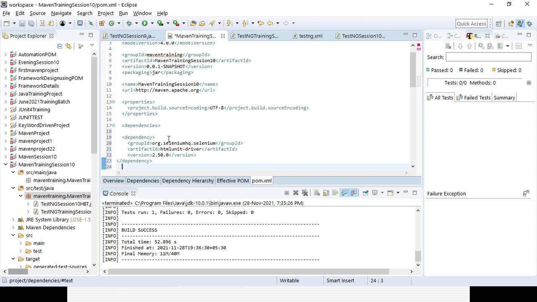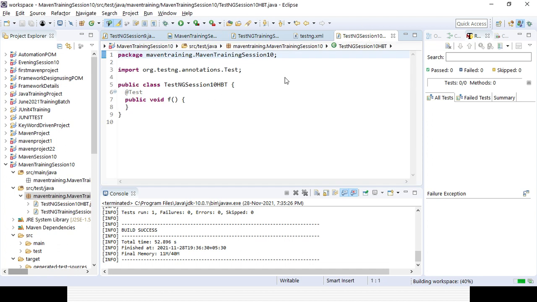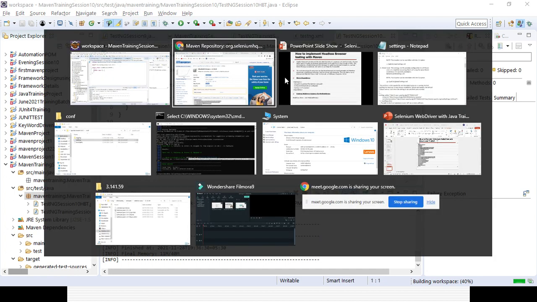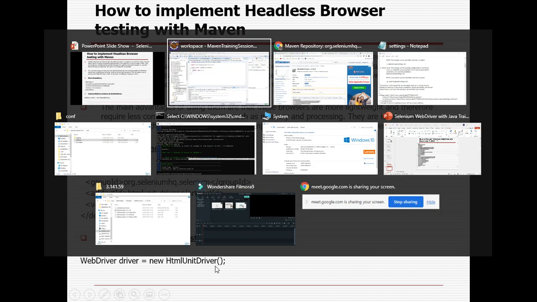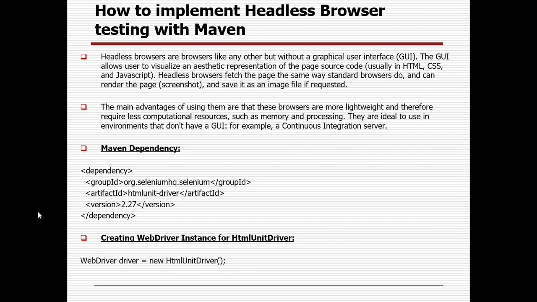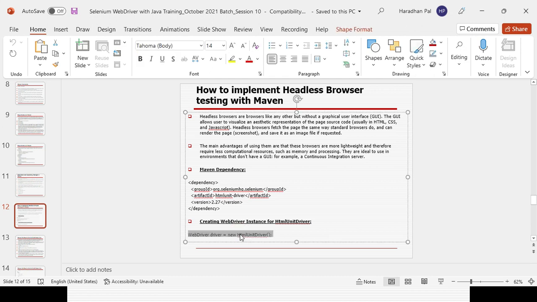Let's press save here. I already created the new class, right? Once this is successfully downloaded, I'll be creating a WebDriver equal to new HtmlUnitDriver. That will be my browserless execution. With the help of HtmlUnitDriver, I can execute it.